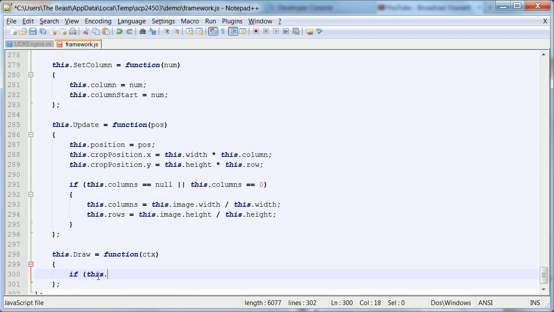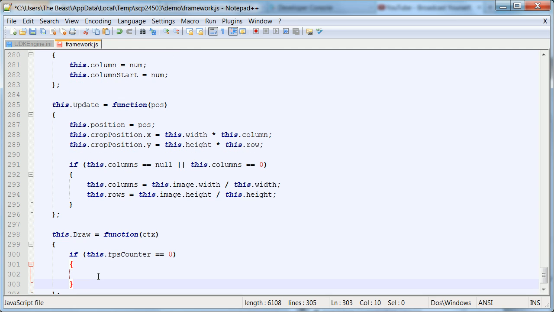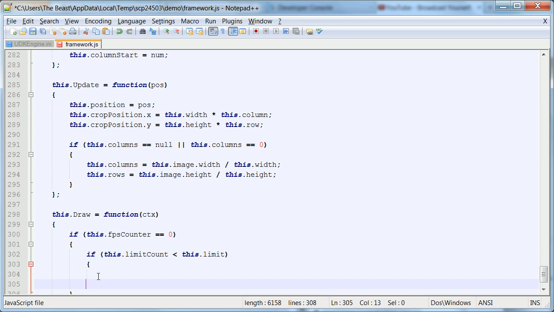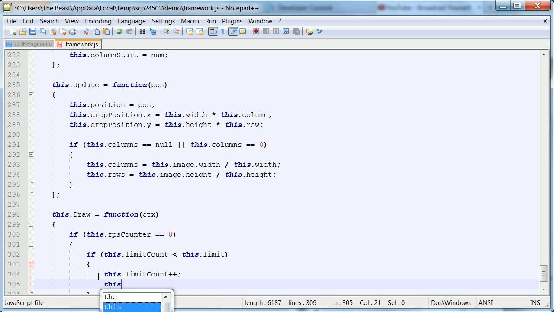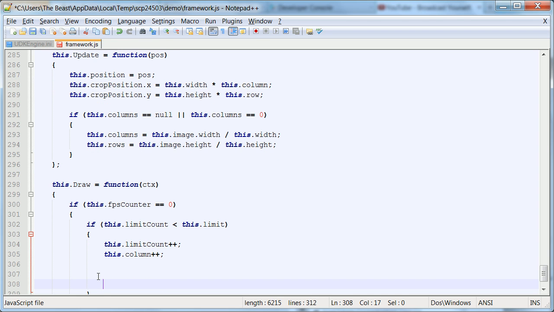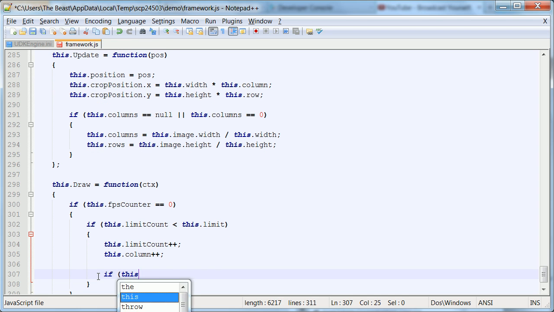So if this.FPScounter is equal to 0, and then we're going to do another if this.limitCount is less than this.limit, we say this.limitCount plus plus, this.column plus plus, and then if this.column is